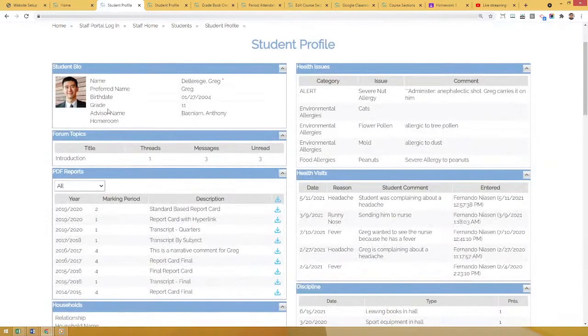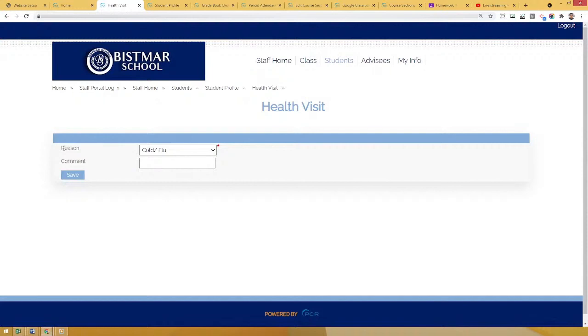and I'll hit health visits here. Let's say that Greg has a flu or cold or maybe a headache or fever or something like that. I can pick any of these options, and these are customizable, so you can have other options as well. Then I can put in a comment that I may want the nurse to see, like not feeling well. This information can also be shared through the parent portal, so parents can also see that their child went to the nurse's office. So I can hit save,